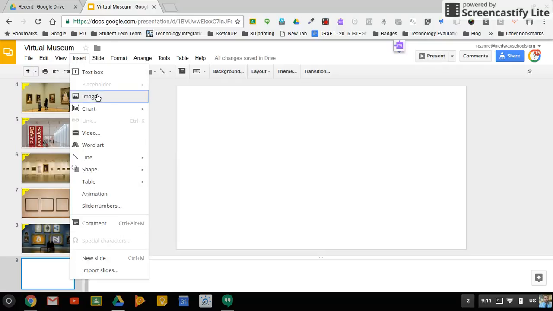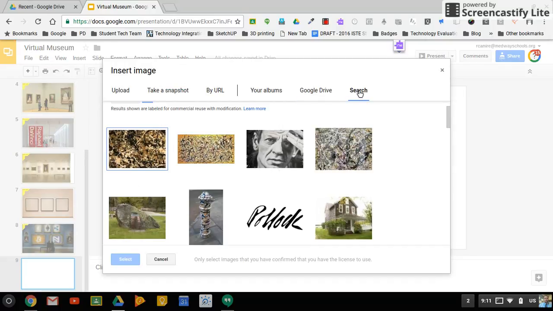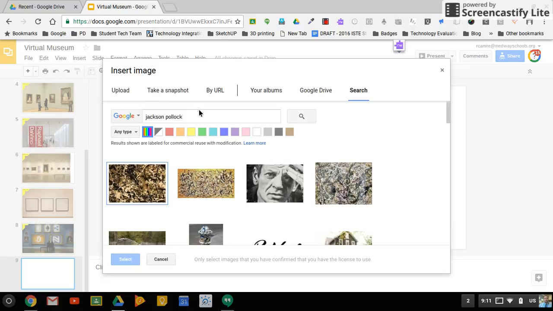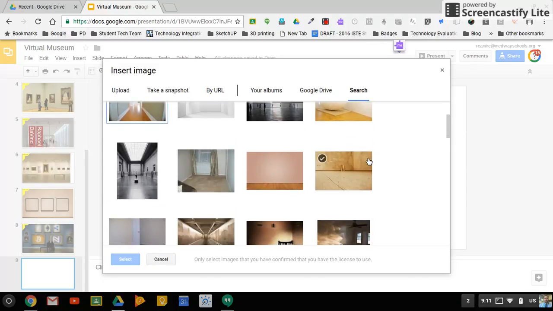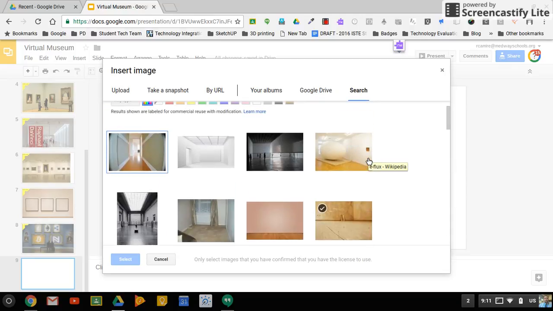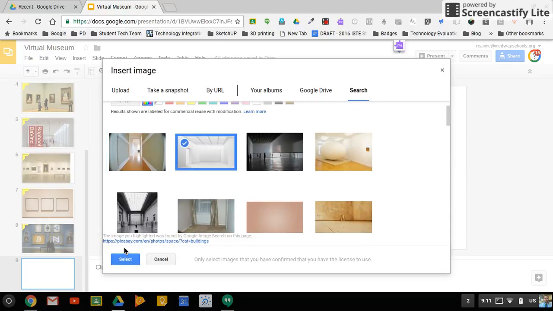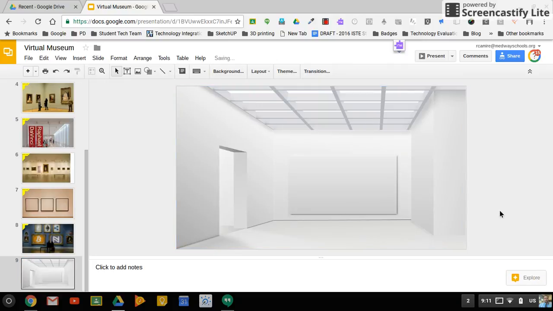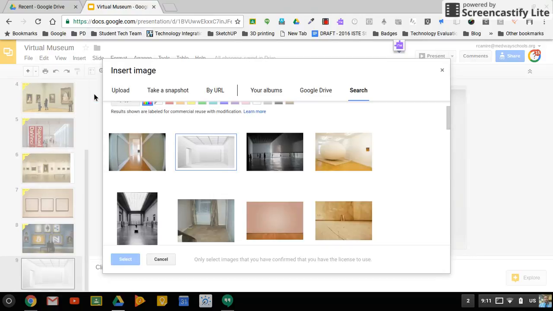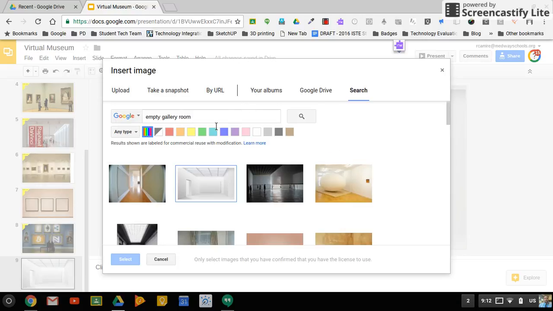So I'm going to insert an image, and we can do a Google search, and I will use empty gallery room. Whatever you want, right? There are some empty gallery rooms, and you could choose any of these rooms you want, and I'll just choose this one. It's kind of abstract, and you could reshape that however you need, but we have an empty gallery room there, and in that room I'm going to insert an image,